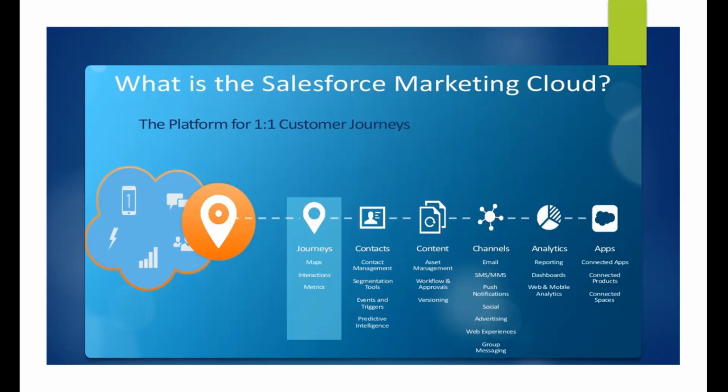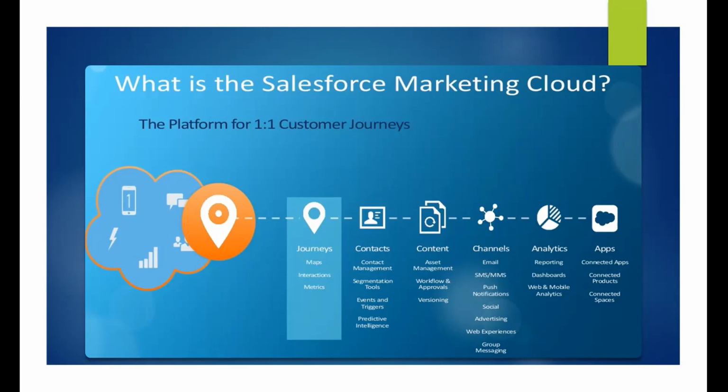And if the marketing strategy you have defined is not working well as per your own scope, with the help of analytics, you can get a clear picture of your performance, and soon you will be able to change the marketing strategy because analytics has already shown you that your marketing strategy is not working. So with the help of Marketing Cloud, you will be able to do all the activities which are required for your marketing automation. And marketing automation is the future of marketing, guys.